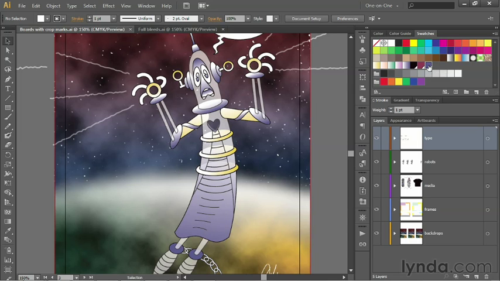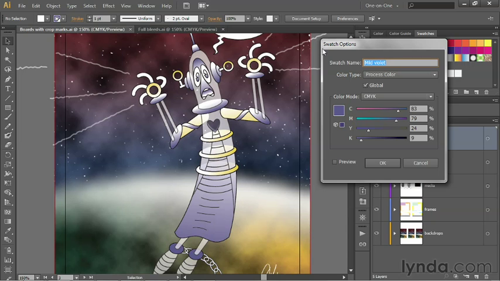So I'll go ahead and double click on this swatch in order to bring up the swatch options dialog box. Notice that the color mode is set to CMYK, as it generally is when we're working inside of a print document. I'm going to turn on the preview checkbox so I can see what I'm doing, and I'll take the K value down to 0, because that's going to help to brighten up those colors. And then I'll take the yellow value, yellow being a color complement to purple. I'll go ahead and take it down to 0 as well, and that's going to give us a stronger color as well. It's a little bit too blue for me, so I'll crank that magenta value all the way up